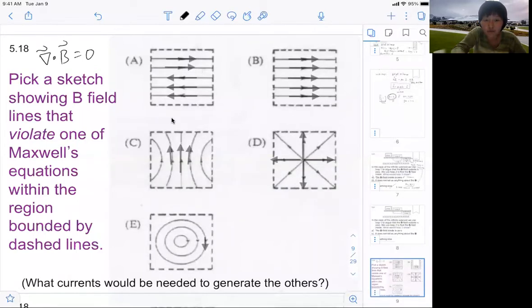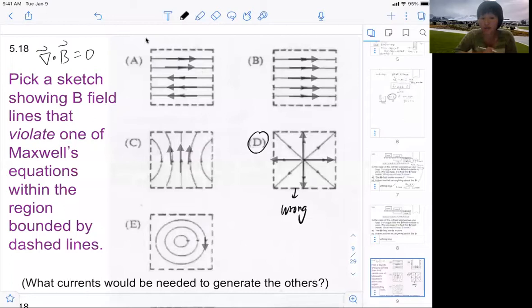Yeah, I see a lot of votes for D. Very good. Excellent. D is wrong, because that indicates field definitely radiating out from the inside, giving you a positive, non-zero divergence. You also have a positive flux, and that's wrong. Okay, but everything else is possible. So everything else,